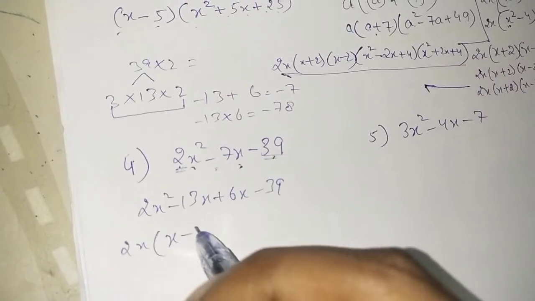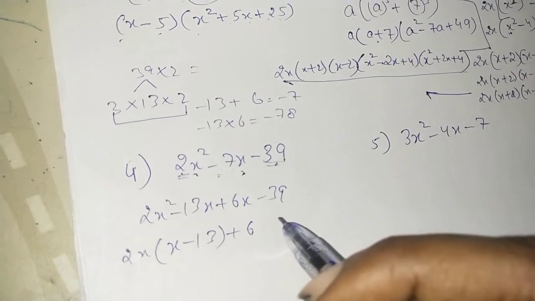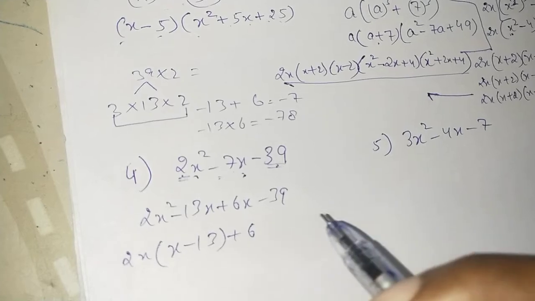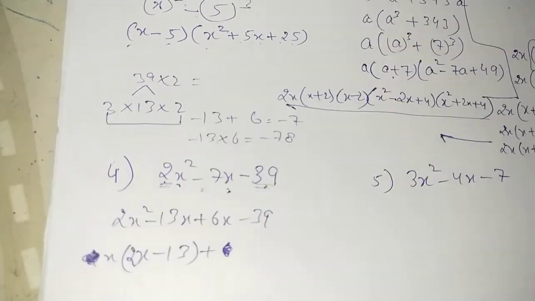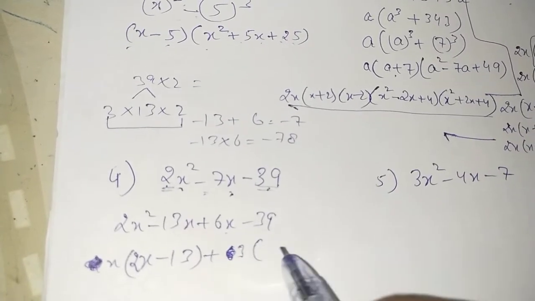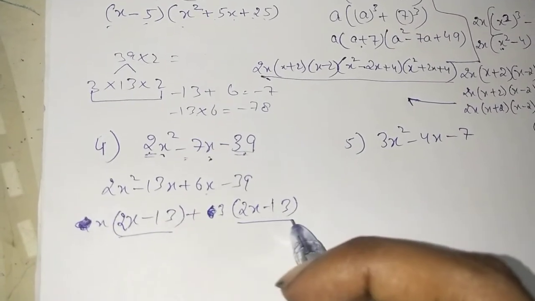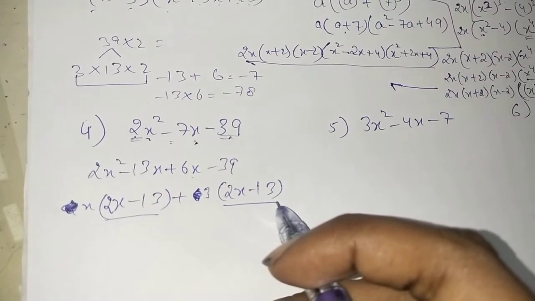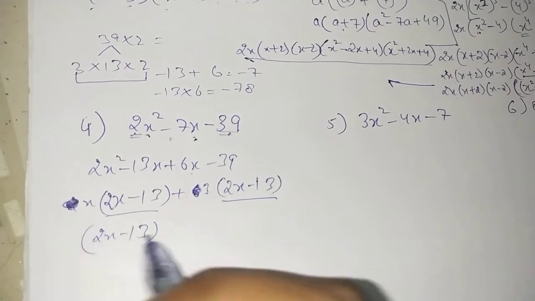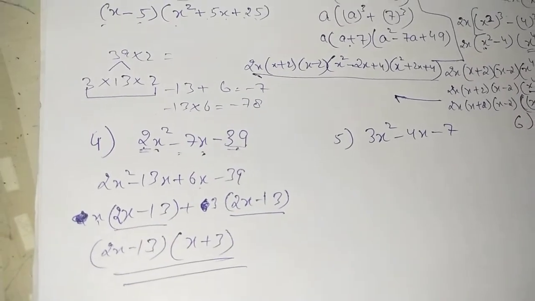So that means it can be written as 2x square minus 13x plus 6x minus 39, and so taking out x common, it will be 2x minus 13 plus 6, no, 6 won't be common, so taking out 3, that will be common, so we will be left with 2x minus 13. So now both the brackets are the same. This is the main proof that lets you know yourself whether you are doing it correctly or not. So the common bracket will be one of the brackets and the other bracket will be x plus 3. So this will be the final answer.